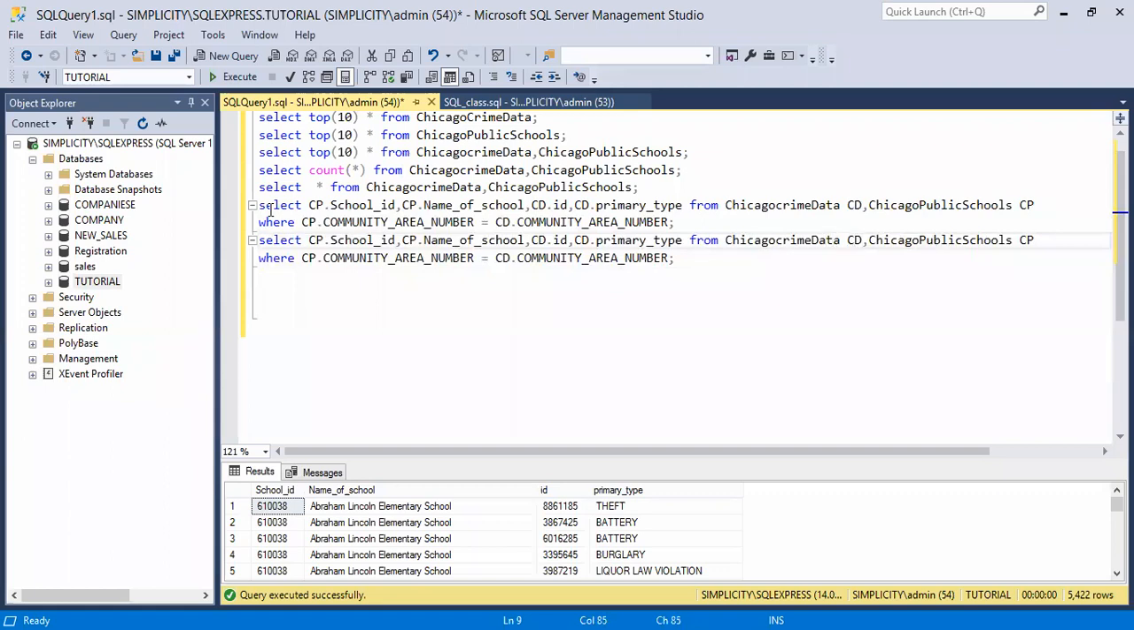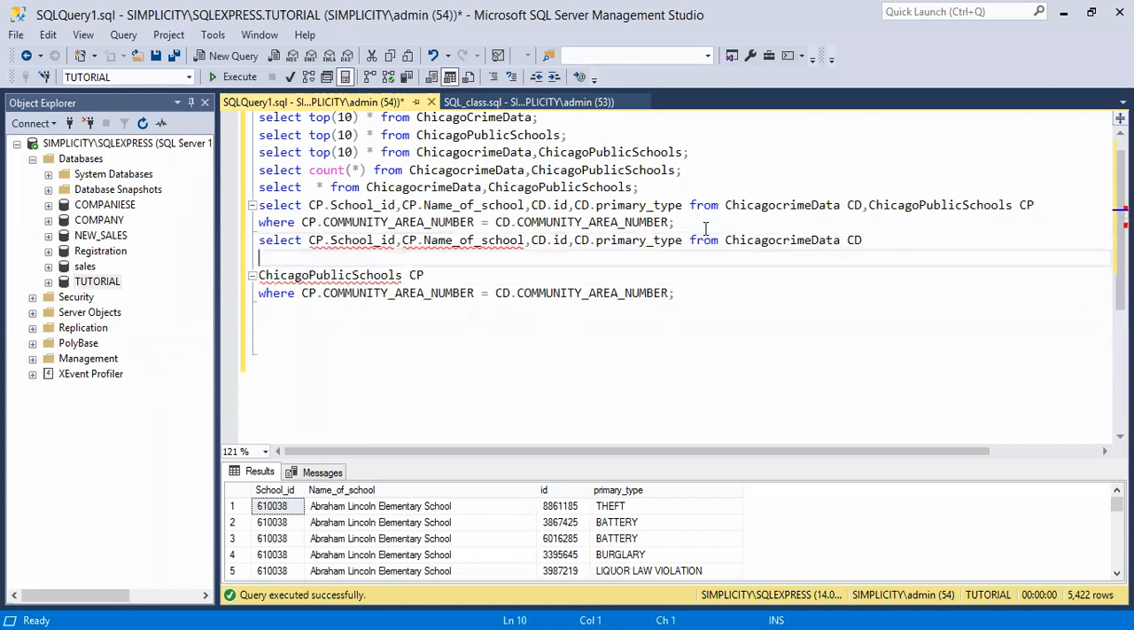data. When I was using implicit join, after writing my Chicago crime data CD, the next thing I did was to put a comma and write the second table that I'm dealing with. But in this case, after the first table, select the things we want to select from table A and table B. Are you with me? So from Chicago crime data CD, what follows is